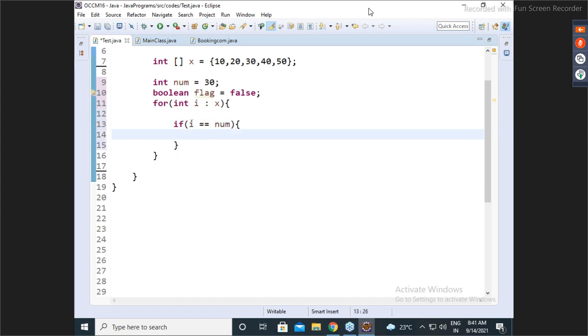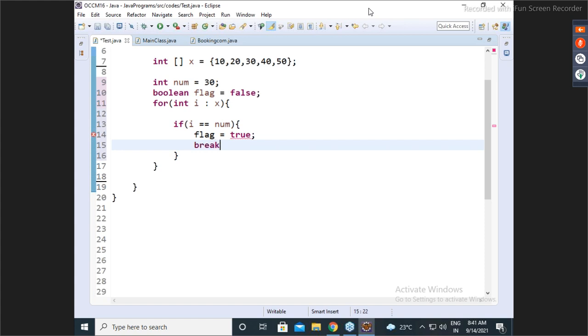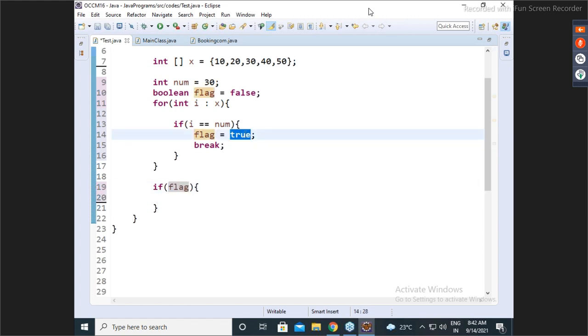Now I will take, boss, if x of i equals num. I hope you guys understood this condition. One object is equal to this. As soon as this becomes true, then flag converts to true. And after that, I will break the loop because I came to know, hey boss, it is available. Okay. Now after this, if flag becomes true, then we will say, hey boss,